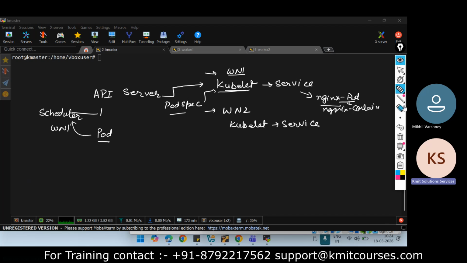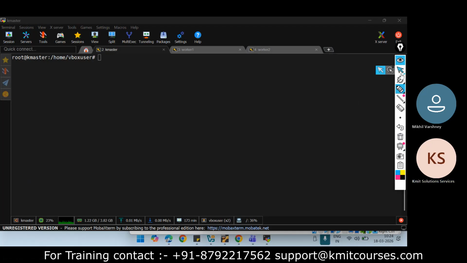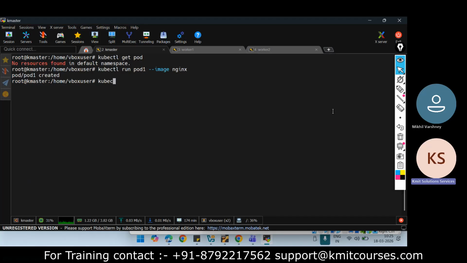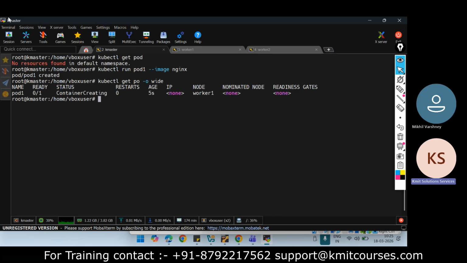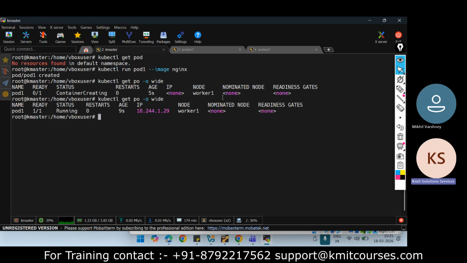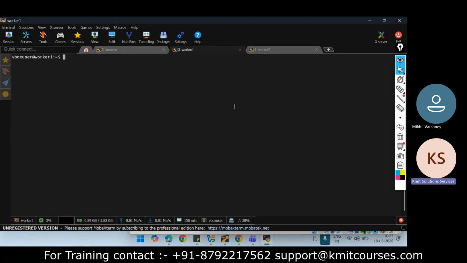Let me just show you that one. So I will go to my master server, and if I say kubectl get pods, you can see no pod. Now I will create a pod, kubectl run pod1 with the image Nginx. So the pod gets created. Let us see where it is created. It is getting created on worker node 1. Let's wait for this to be created. Now this is created. Now if I go to worker node 1, and here I say sudo su,